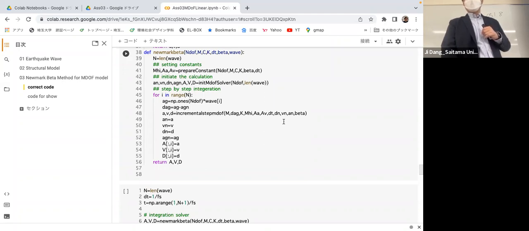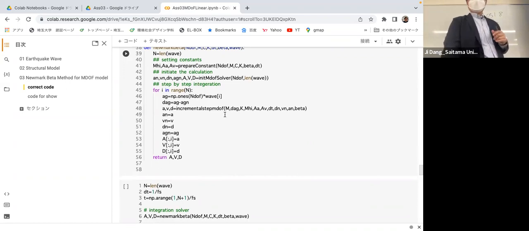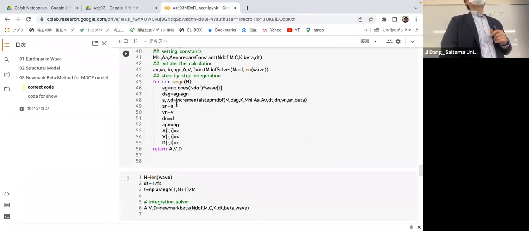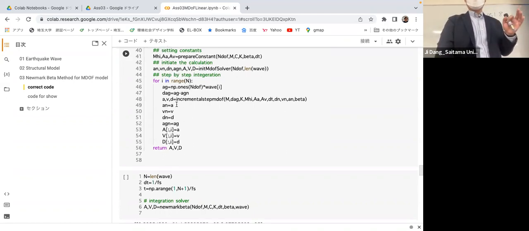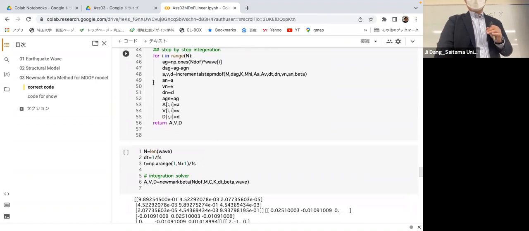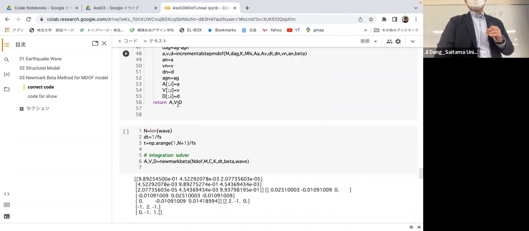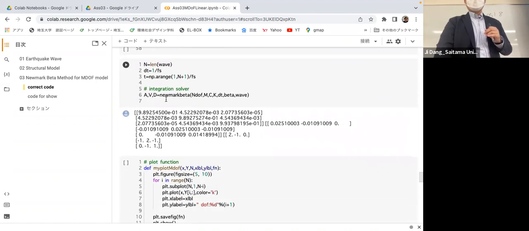Then you give DAG to the incremental step function, and they have more, okay? So for the single degree system, I will remember this incremental method again today, okay? And you get AVD. Last time you were calculating delta AV, delta AD, and delta D. That is wrong. You need to add them to DN, VN and AN to get the step values, not the incremental values. Record them and save them to the big matrix, and then return AVD, the result. You code them,